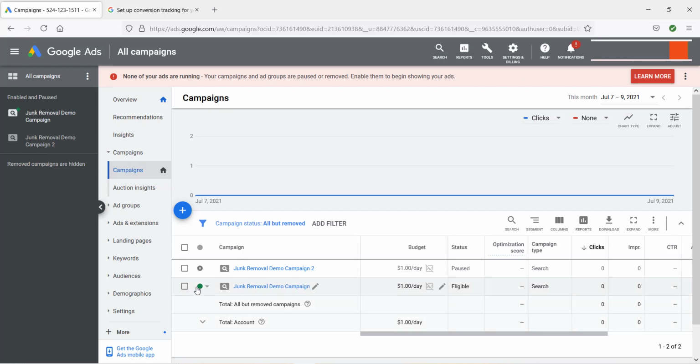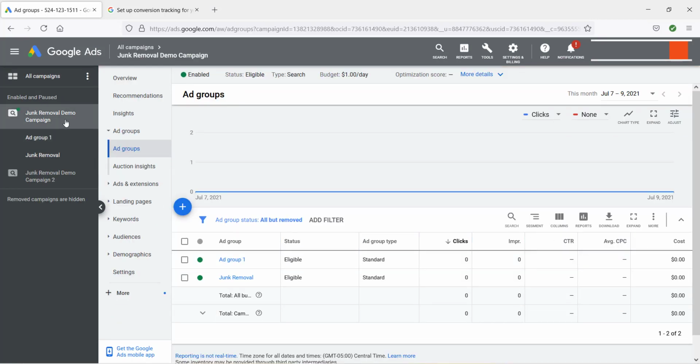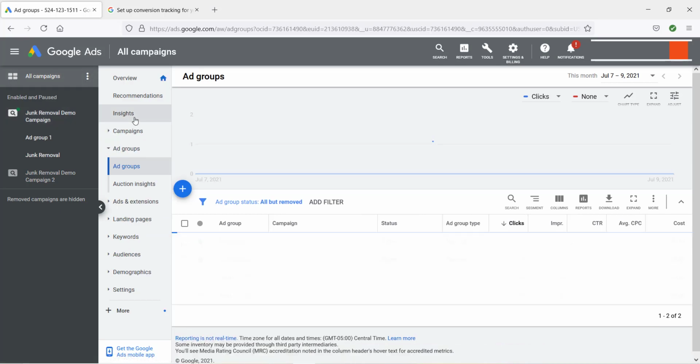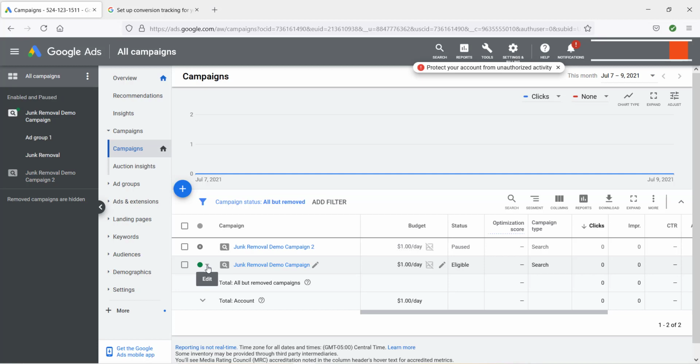Your ads will be submitted for approval, but only do this once you feel like you have enough of your ad groups in there, you got all your keywords and ads and everything. But that's how you enable your campaign. And then if you want to pause your campaign, turn it off, whatever, same thing, hit the little down arrow